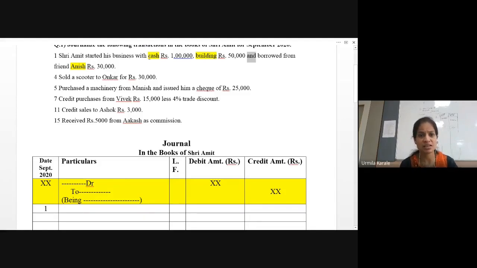Now just try and understand the accounts involved: cash, building, and Anish. Now Anish is going to give you cash. So cash account will come twice. So we can add it here. The cash which you're getting from Anish means Amit's cash 1 lakh and then 30,000 is from Anish, right? I will show both combined entry and separate entry. So now cash and the building both are real accounts. So what your real account rule says: debit what comes in. Now when he is starting the business, cash and the building is coming in the business, and Anish is the giver. He has given you 30,000 cash, right? A loan it is. So cash account debit, building account debit.